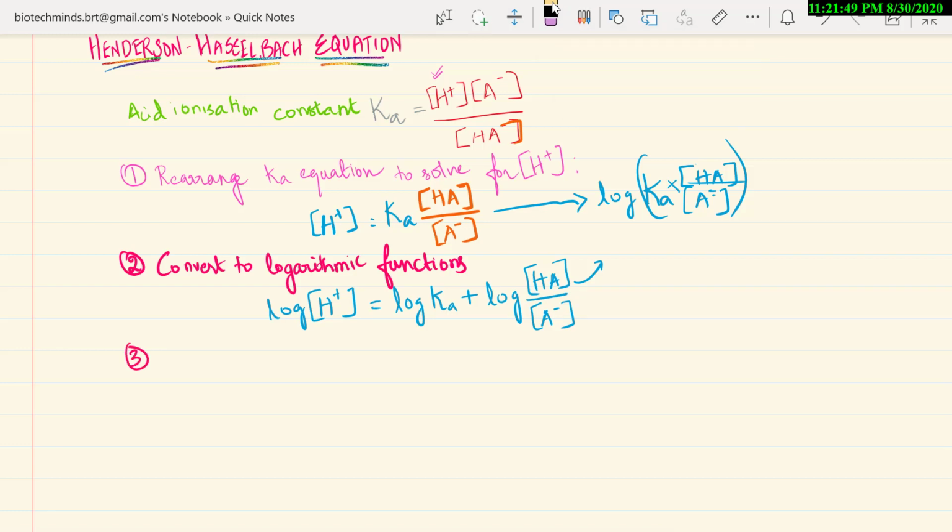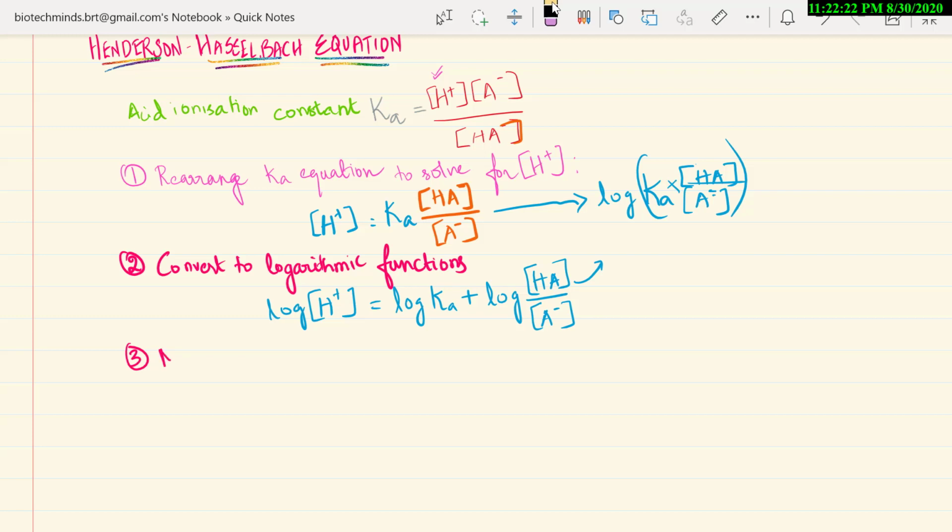Now third step. What is the third step? We have to convert it into negative logarithmic function. So what is the function of applying this negative logarithmic here? Because we are going to find the relationship between hydrogen ion concentration and this acid ionization. If you apply negative logarithmic, it will show which one is increasing and which one is decreasing. That's what we found in pH also. If the hydrogen ion concentration is increasing, then the pH is decreasing. So same thing applies here also. That's why we are applying negative.